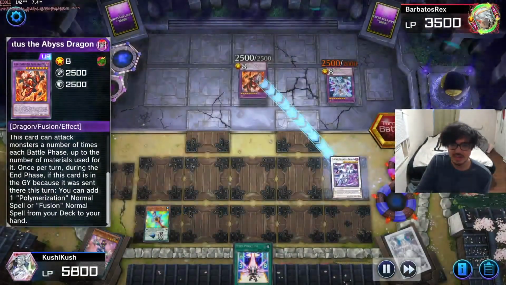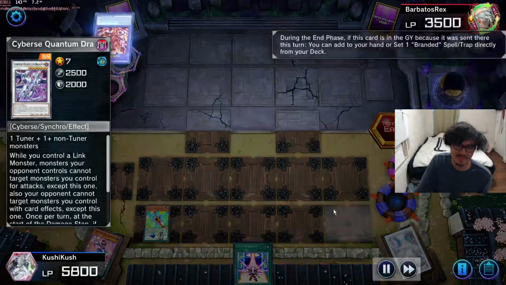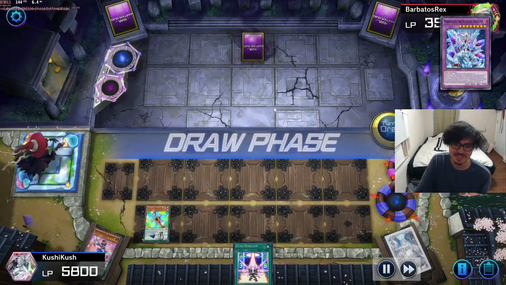Anyways, he's gonna attack Quantum Dragon. And then it bounces back to the extra deck, and then he just crashes. So yeah, I mean, he gets 1 card. What is that? A fusion. Okay. I'm curious if he's gonna actually be able to use this. Now look,